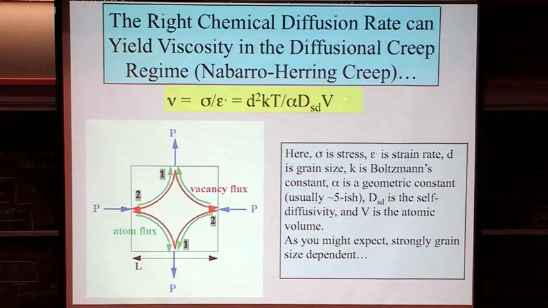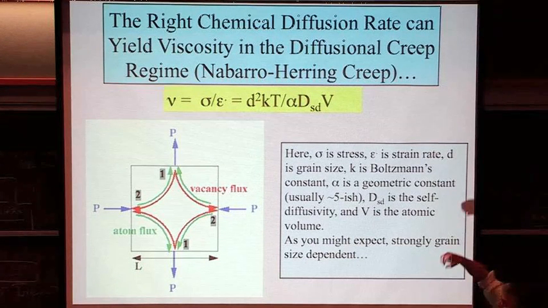What this means is that if you squeeze on something, let's say a grain, let's call this a grain, you put a differential stress on it, you'll get a net flux of vacancies along these arrow trajectories, a net flux of atoms this way, so vacancy-atom interchange. And after a while, eventually this cube will have elongated. You'll have stretched it out entirely by virtue of having fluxed vacancies in one direction and atoms in another.